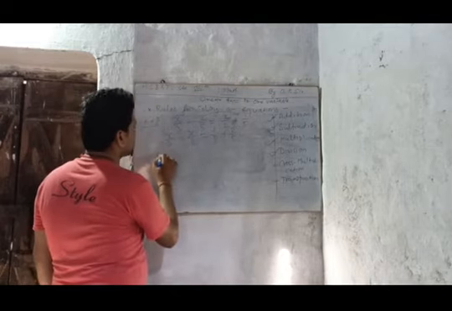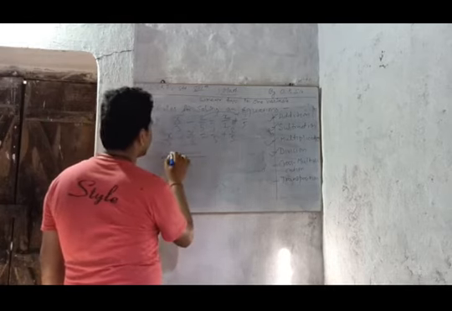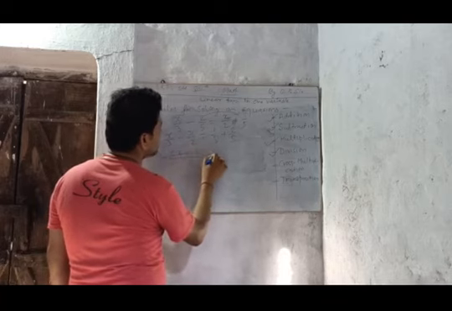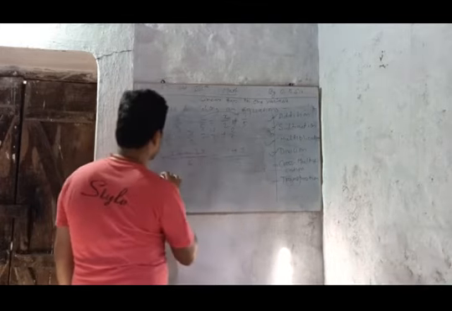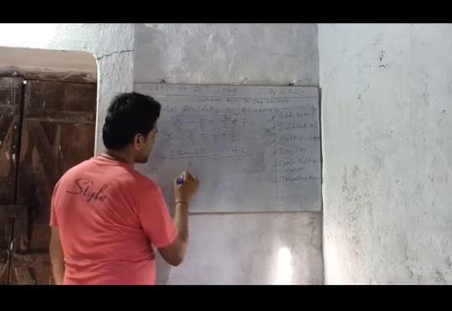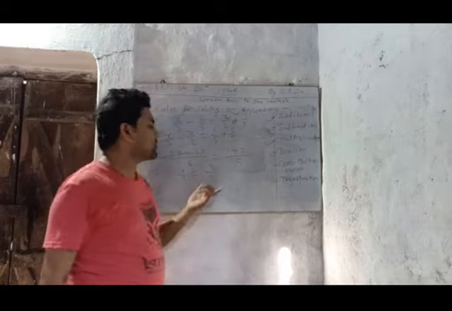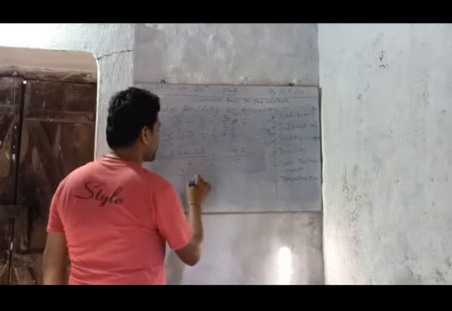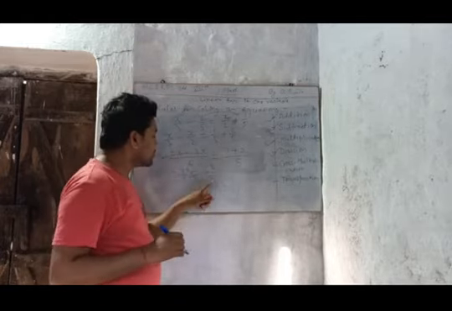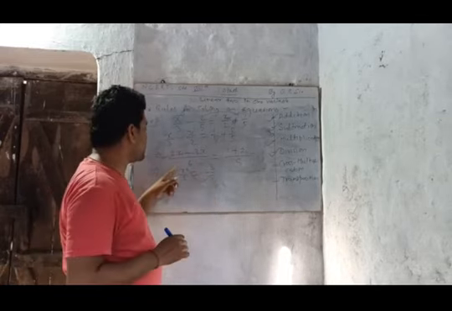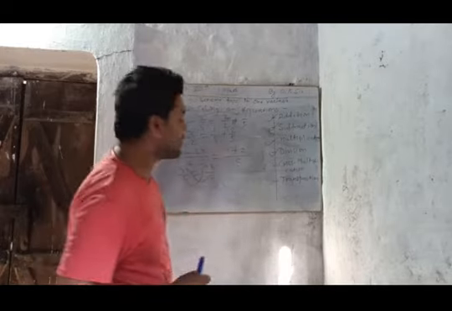Okay, now what will we do? We will take the LCM of 3 and 2, that is 6, and that will be 2x minus 3x. 5 we will take, as both the numbers are the same, so 1 plus 2. Dear students, what we have got? Minus x upon 6 is equal to 3 upon 5. Now we are in a position to apply cross multiplication. So the denominator of RHS will be multiplied with the numerator of LHS, and again I am repeating, the denominator of RHS we will multiply with the numerator of LHS, and the denominator of LHS we will multiply with the numerator of RHS.